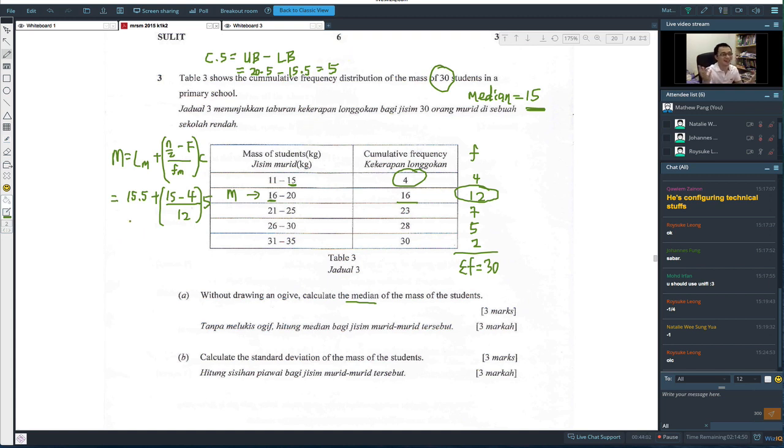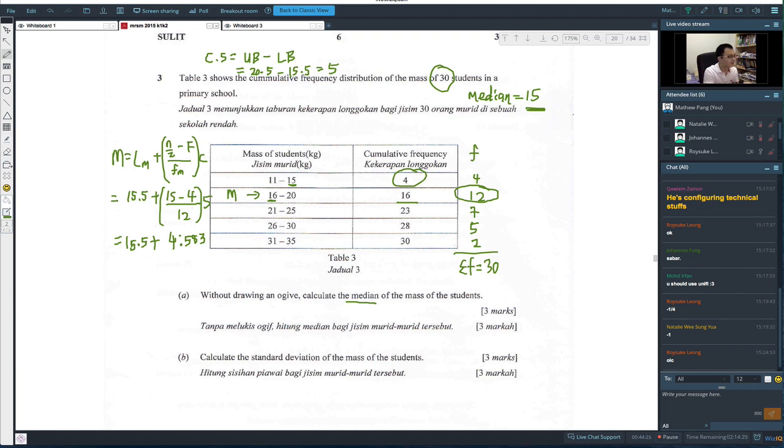So yeah, 15.5, and here I'm going to use the calculator. So 15 minus 4 is 11, divided by 12 and multiplied by 5. And it will be, okay, 4.583. Then plus 15.5. So my answer will be